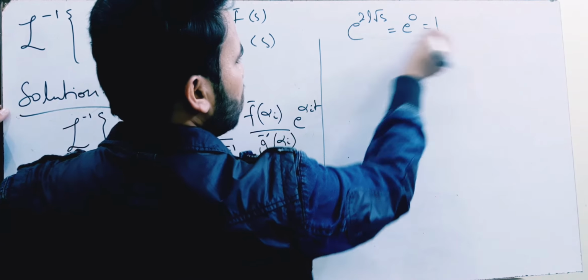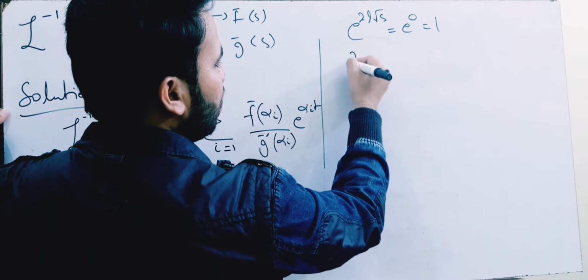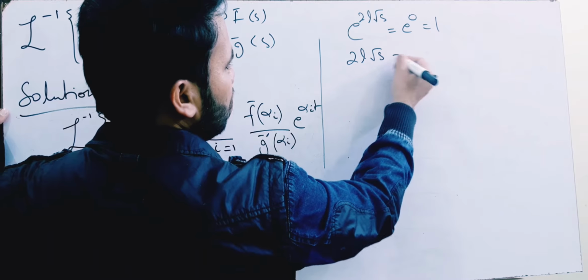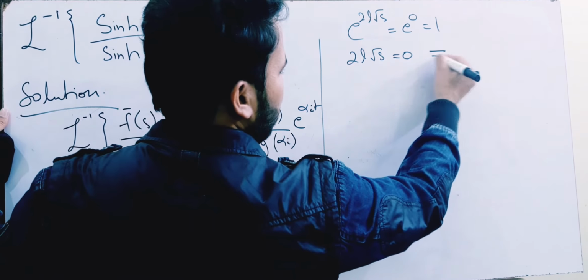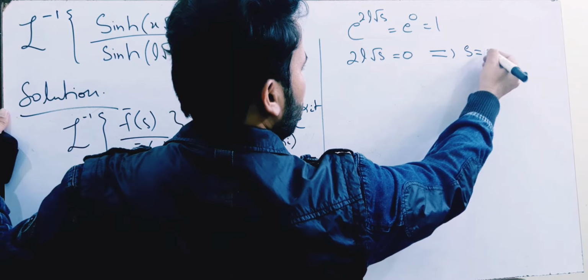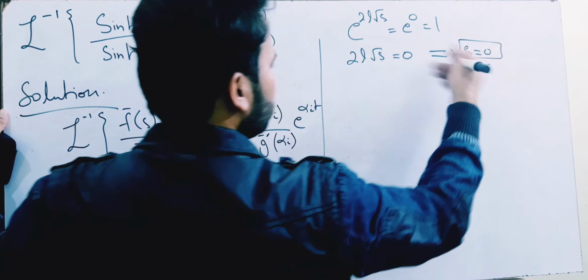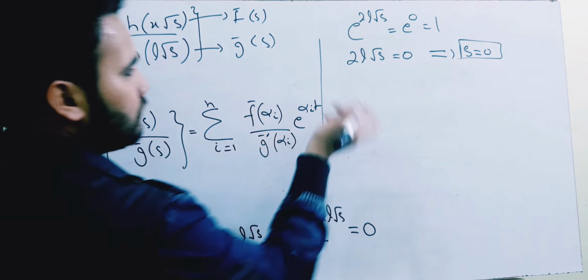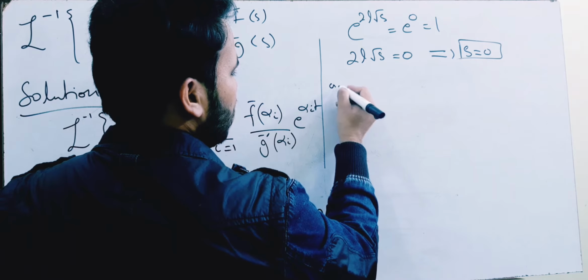So equating powers, we will have 2l square root of s equals 0, which implies that s equals 0. One singular point, or one alpha i, and the other roots are